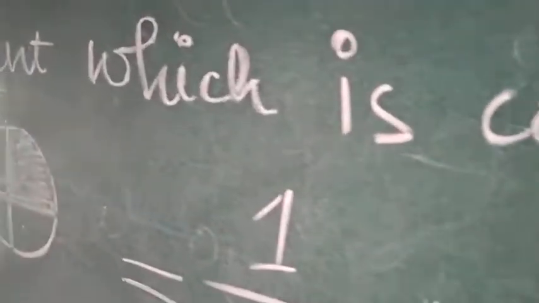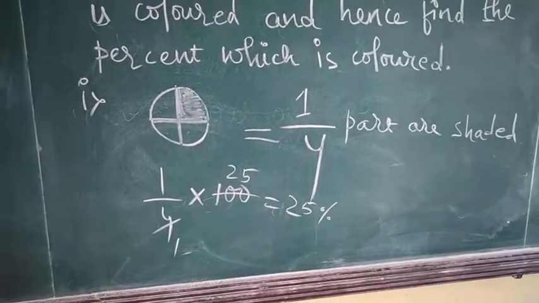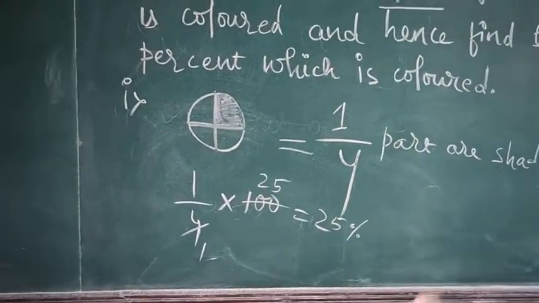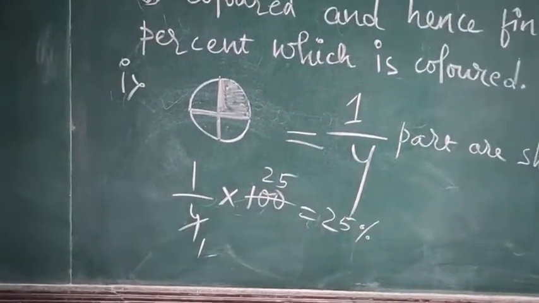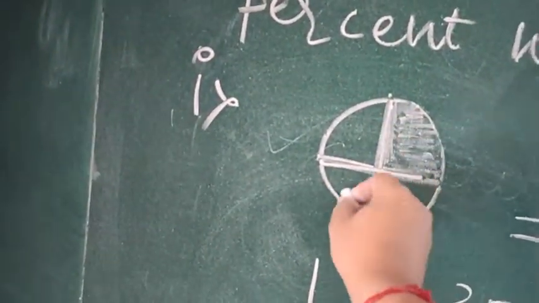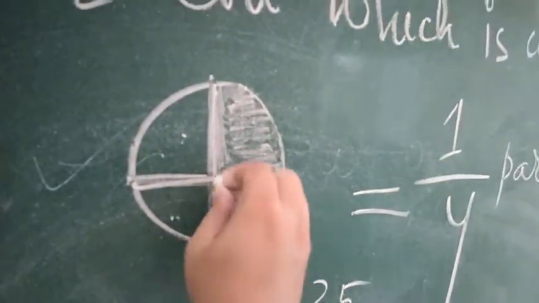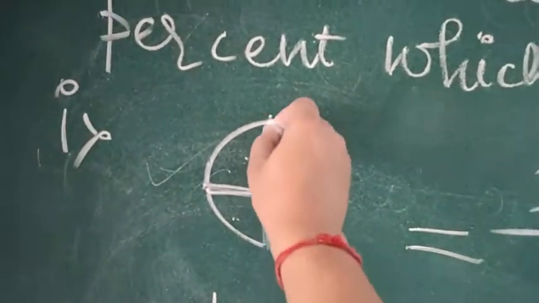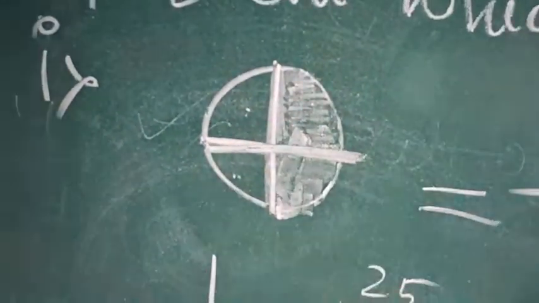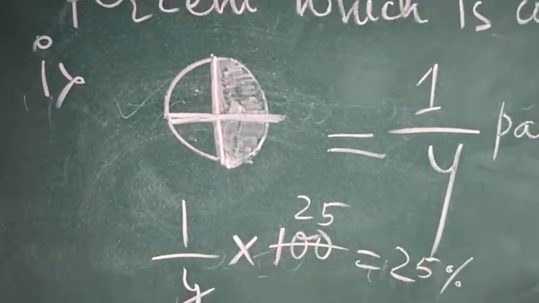Okay, so this is the way of writing. This is the way of finding what part of the percentage or what part of the circle, or not only circle, you can consider other figures also. In a circle it is easy, just elongate this line and just find out how many parts you can find. Okay, if suppose this whole part was colored or shaded, then still what you are going to do, you will make an elongated line, you will try to divide into 4 parts. So you will say how many parts are total, 1, 2, 3, 4, 4 parts are the final one.